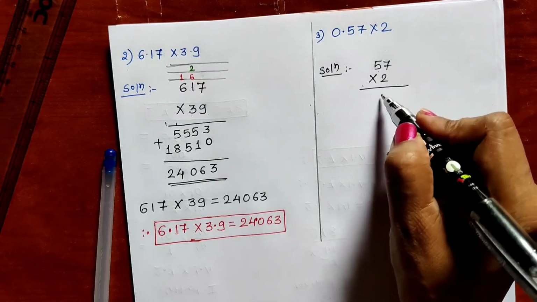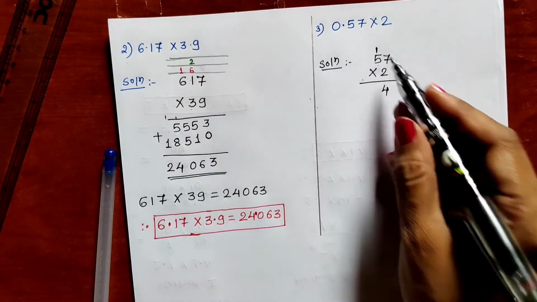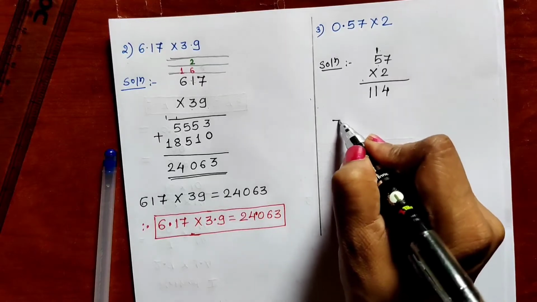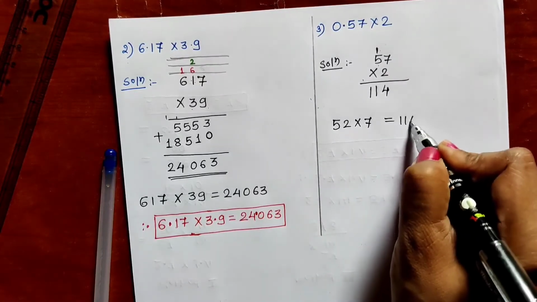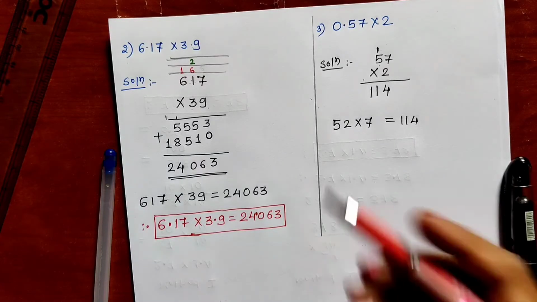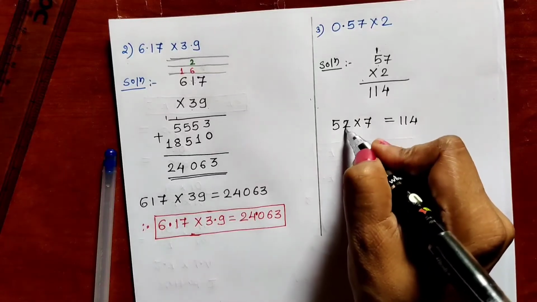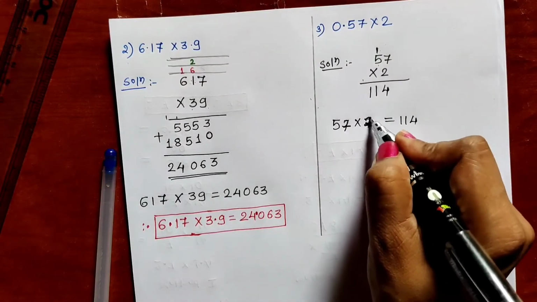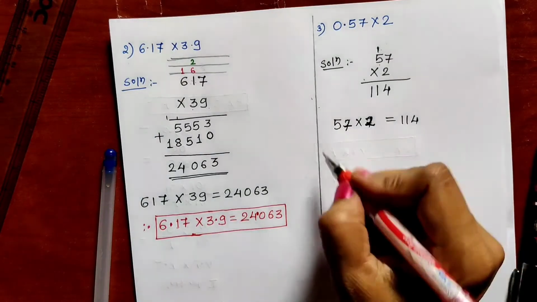2 sevens are 14. 4 written, 1 carrying. 2 fives are 10, 10 plus 1 is 11. We have got 114. So 57 multiplied by 2 is 114. Now we have to write the answer. Sorry, it is 57, not 52. 57 multiplied by 2 is 114, and therefore